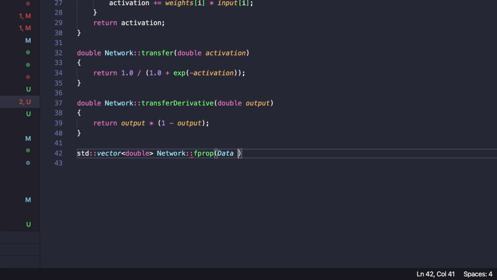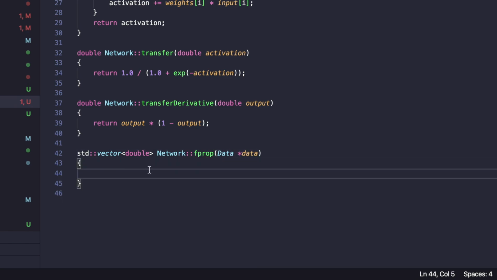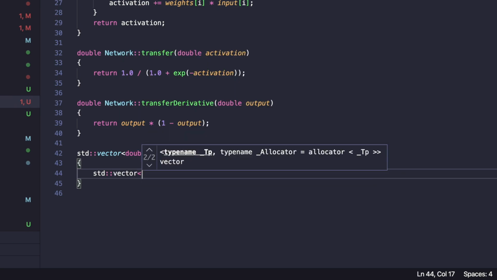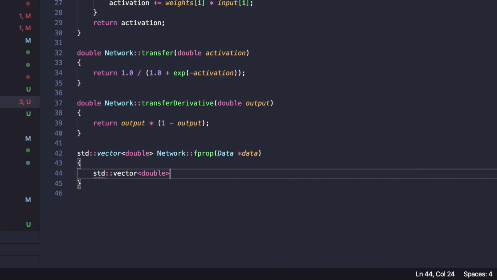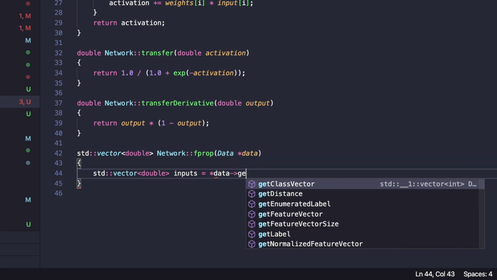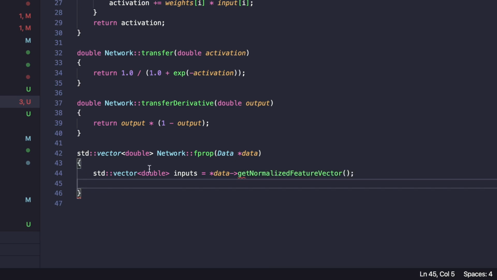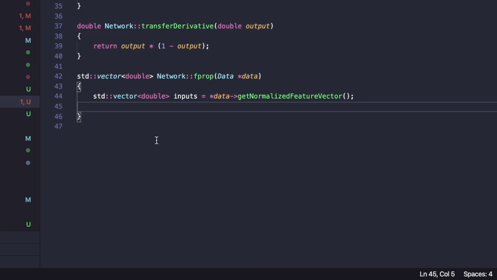That's going to take in a data point like this, and I'm going to say std::vector of double inputs is equal to dereference data, and then we're going to say getNormalizedFeatureVector like that. And we're going to say for int i is equal to 0, i is less than layers.size(), i++,